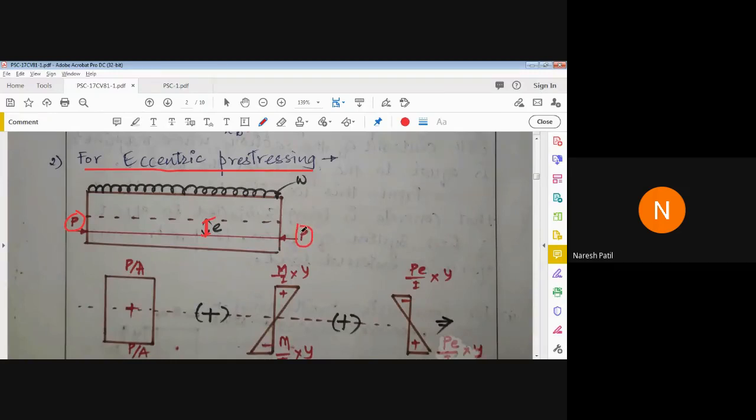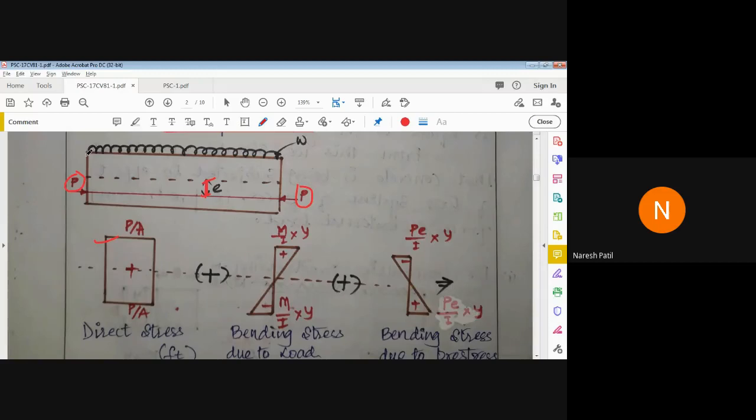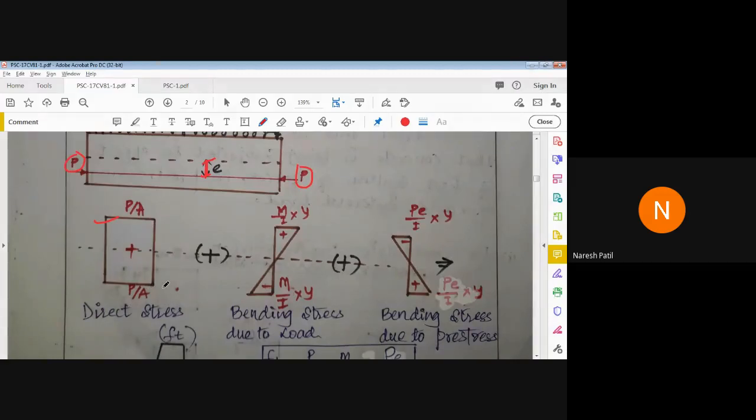Okay. Now again we have stress distribution. This is P by A. That will remain same for every condition. P by A, because this section will be subjected to direct pre-stress P by A. That is direct stress, load divided by area. Plus, we have to do the summation, plus M by I into Y, and again M by I, that is positive, negative. This will remain same. But here is the change. Here is the change.